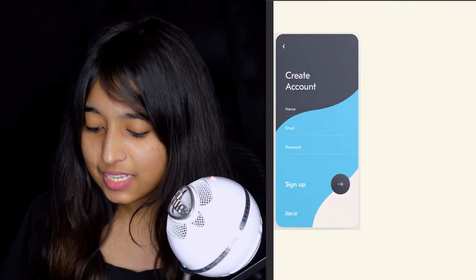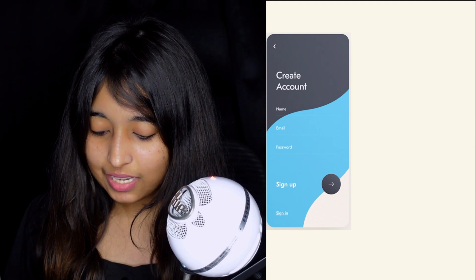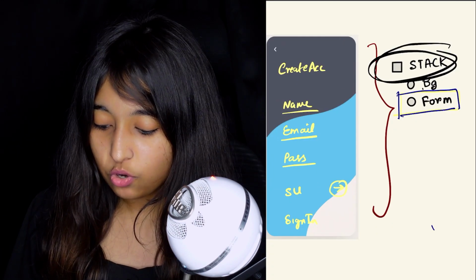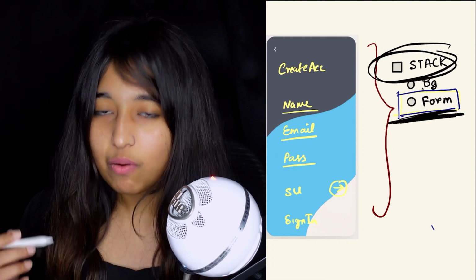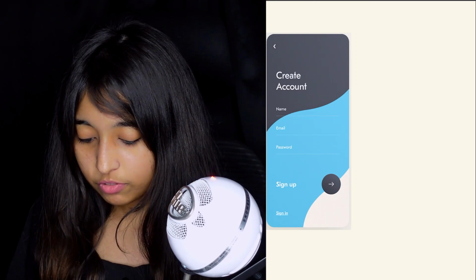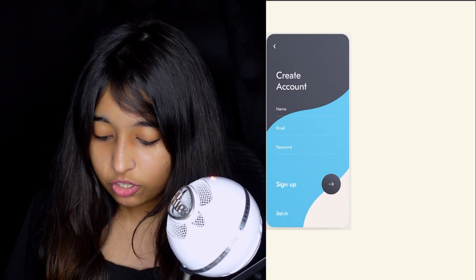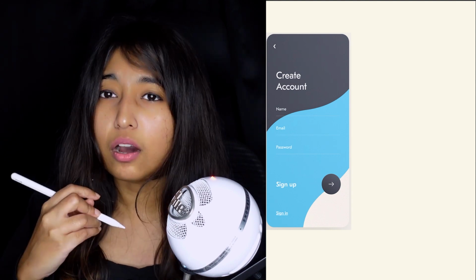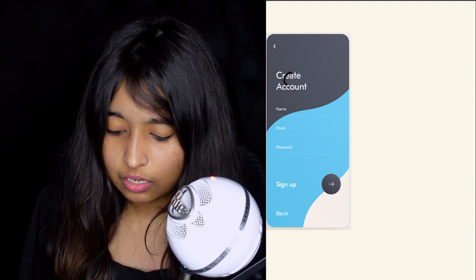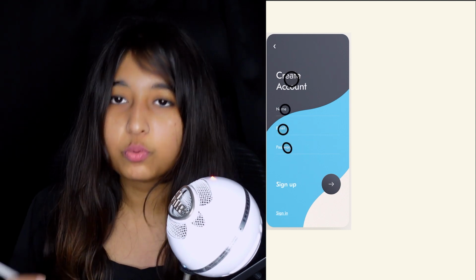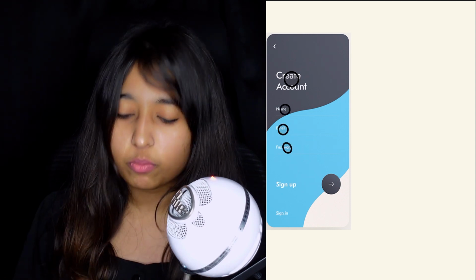So now the next part is, what happens to the form? Like here we talked about this form. Now how do we break this down? If you see the form part of the things here, in the first thing we probably are going to have another atomic level widget, which is the create account, which is a text, and then name, email, and password are text fields, which is also atomic.